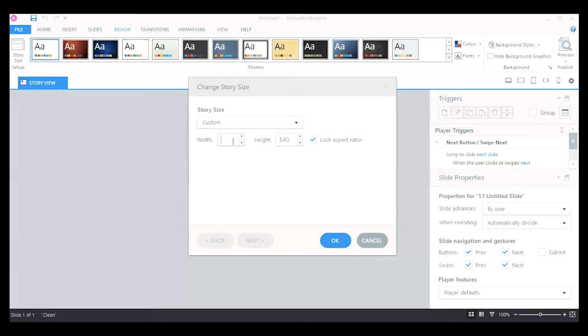So let's say I want a width of 540 and I want the slide to be of a height of 400. Then it is giving me the option that if new size is smaller, scale to fit, or I can crop it. So these are basically the three options that are available if you want to change the size of your course.